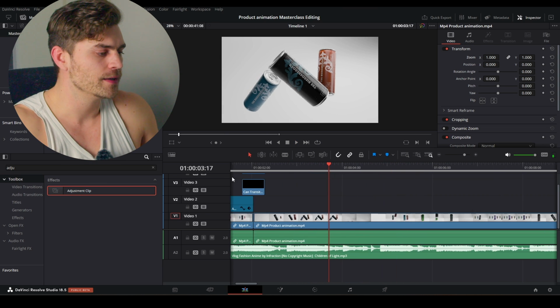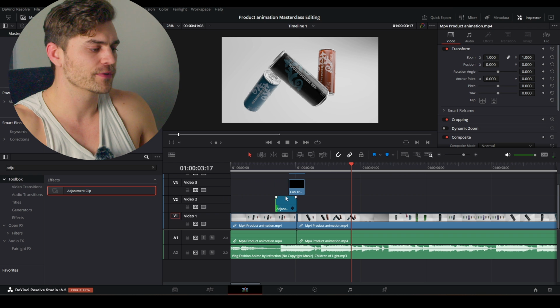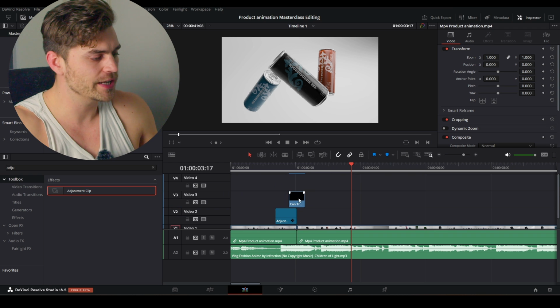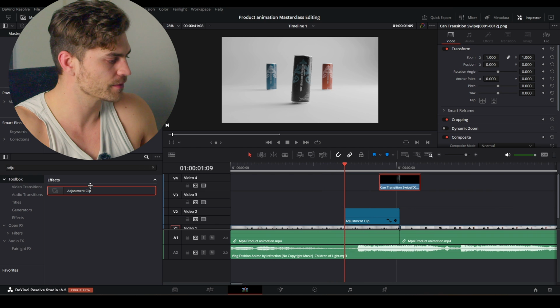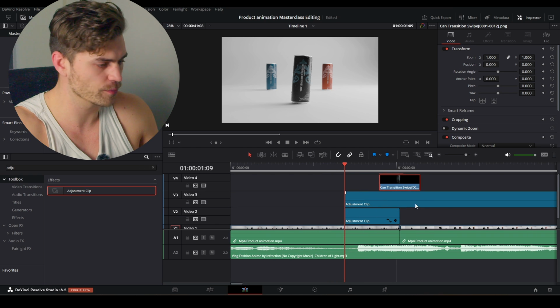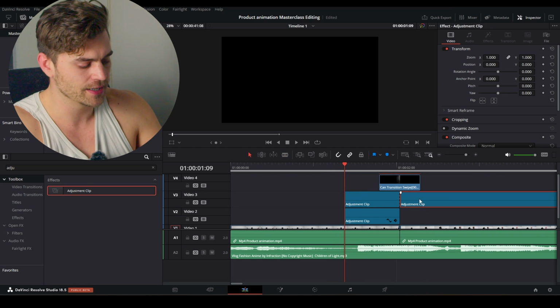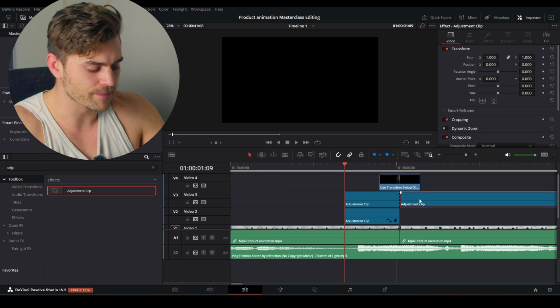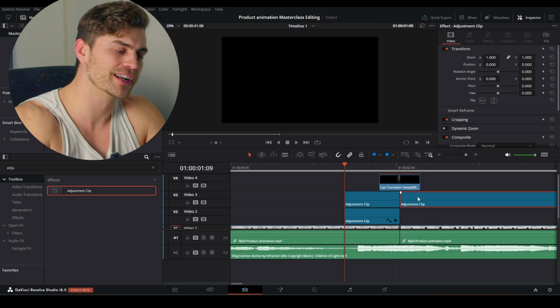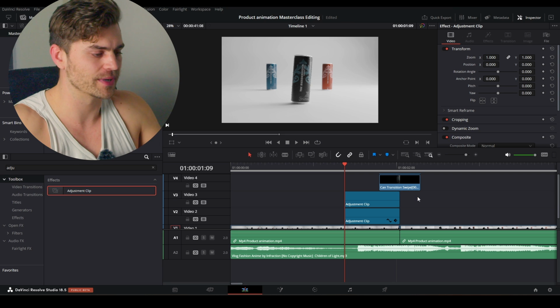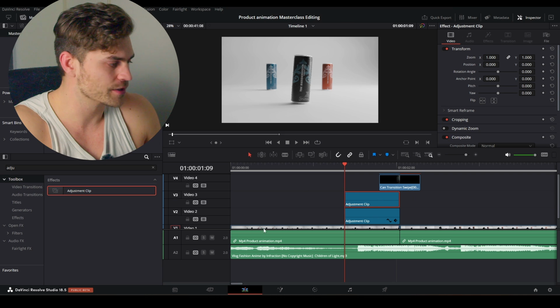Cool, cool, cool. So this is actually the first part done. We've got our zoom in animation, and actually one little touch that we can add is another adjustment clip. So I'm going to drag an adjustment clip right over here, press B, cut away this side, and press the backspace key. Don't press delete, because if you press delete, a lot of other clips will be moved as well. Press backspace, and right here we have the adjustment clip.